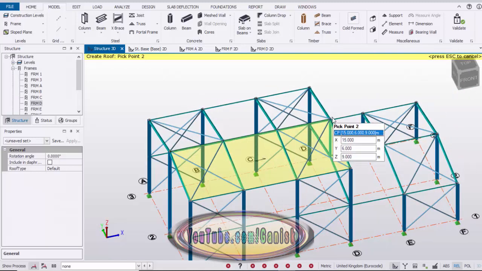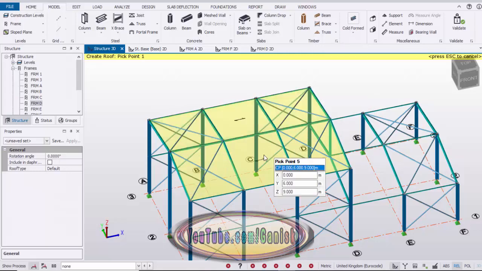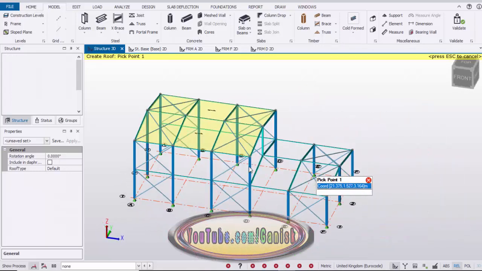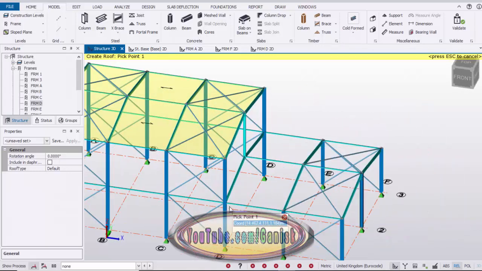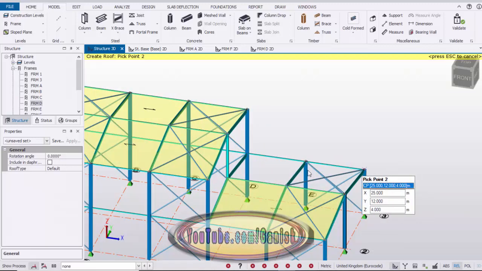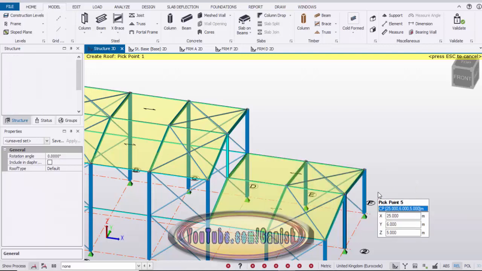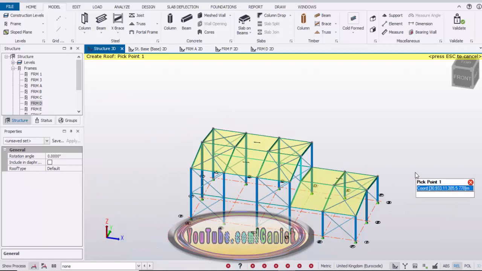Pick the first and second and third and fourth and pick the initial position. Okay, similar to that we're going to place in this roof also. Click the first at here and pick the second, third and fourth and pick the initial position. Yeah, that's it. Then click on escape to exit the command.